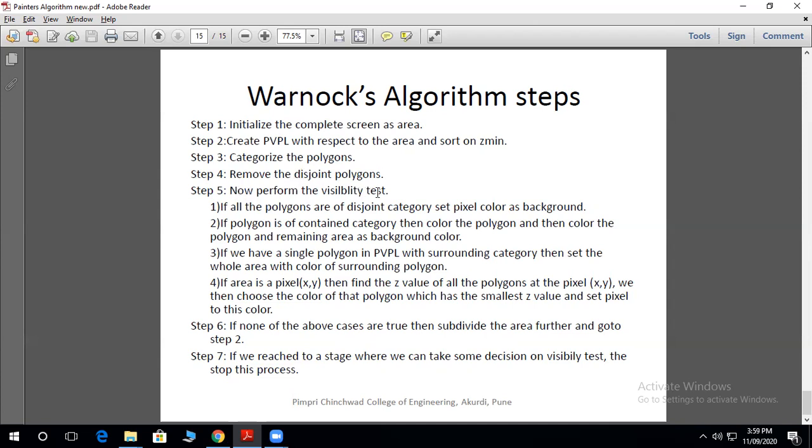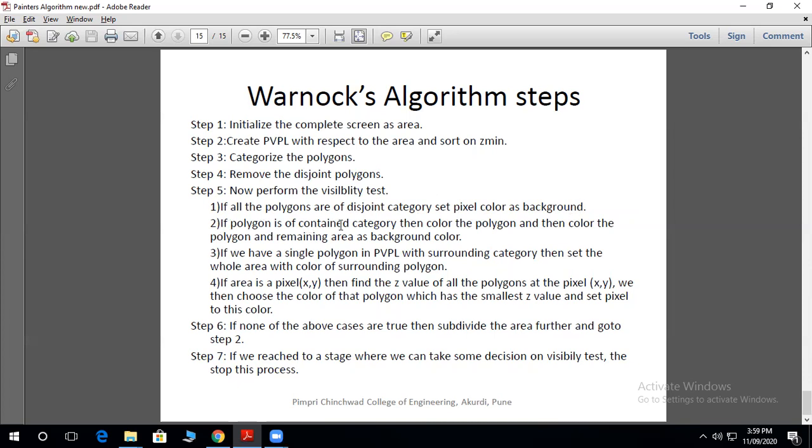Now perform the visibility test. In the visibility test, if all the polygons are of disjoint category, if all the polygons are disjoint from that area, then fill the area with the background color, with the set pixel color as background.